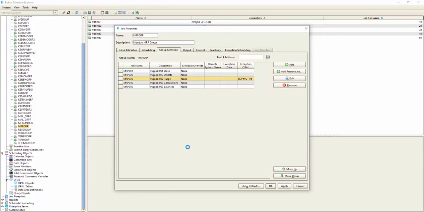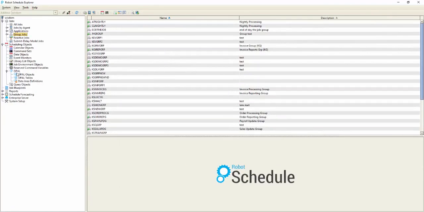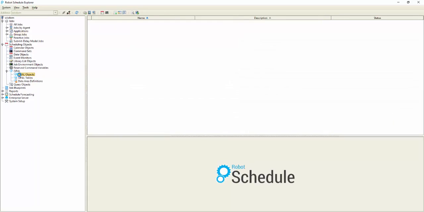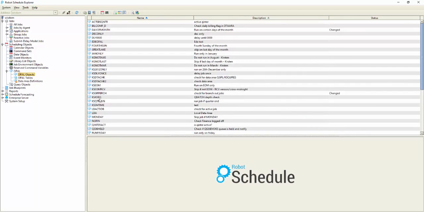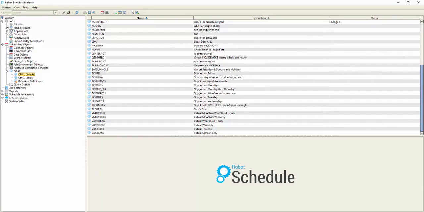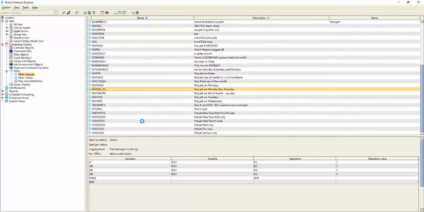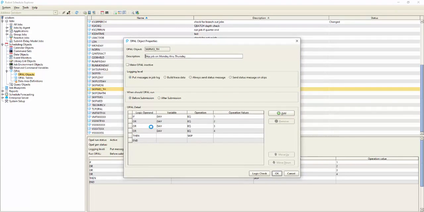Okay, so now let's take a peek at our OPAL. So we say OK here to save it, and we're back over on Robot Schedule main selection options here, and we open up the tree called OPAL, and now we click on Open Objects, and I happen to have an OPAL object, which again is part of the Robot Schedule product. My preference is I don't use OPAL unless I absolutely need to. In this case, you absolutely need to